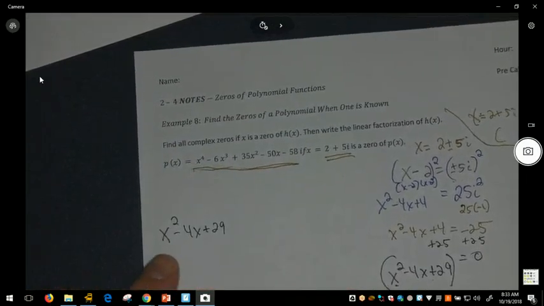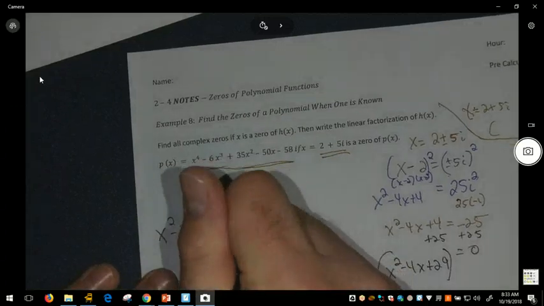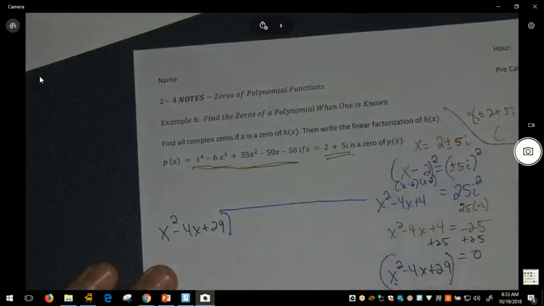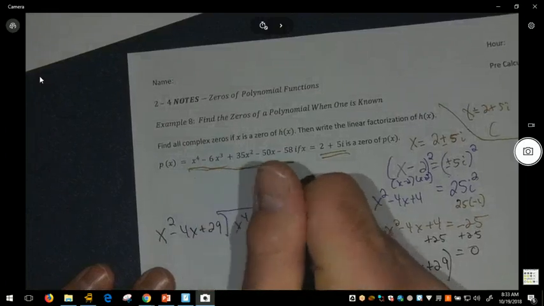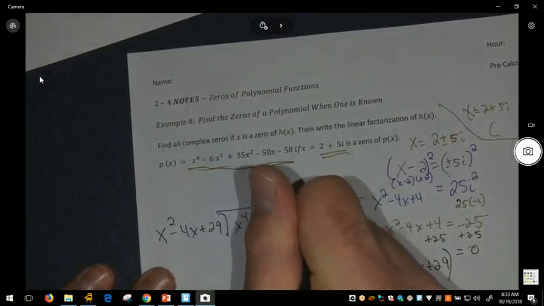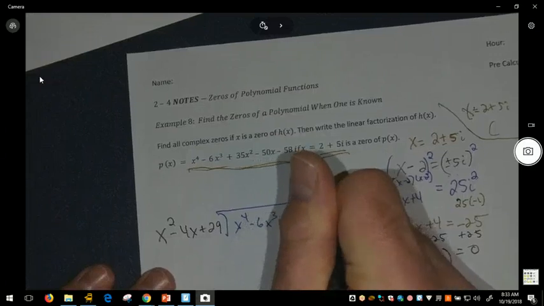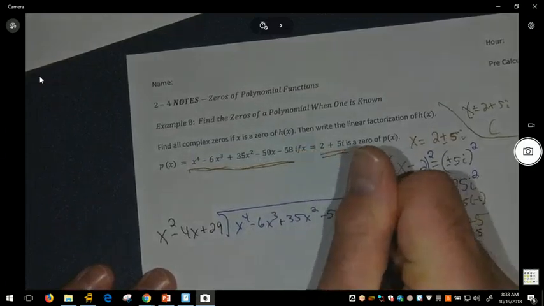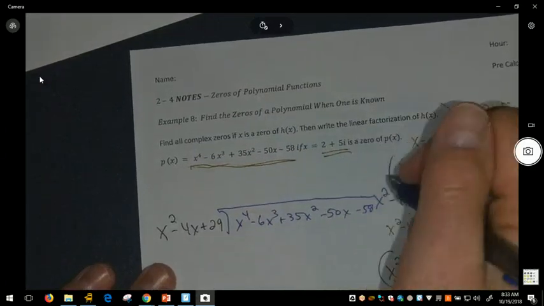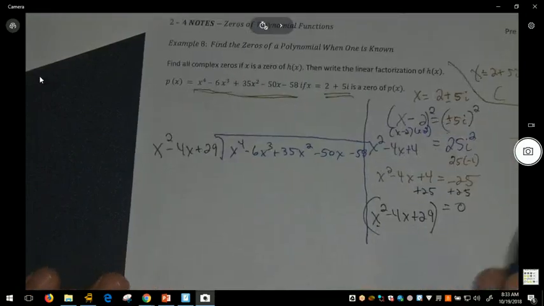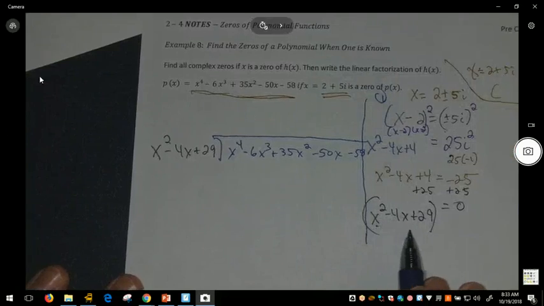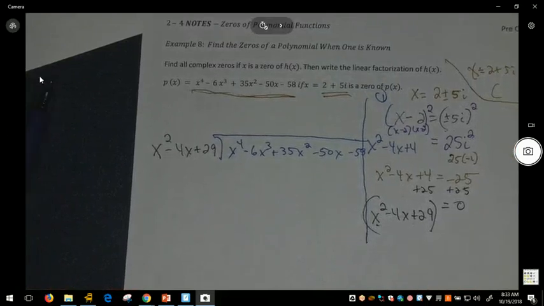But I know that this should go in evenly, giving me a remainder of 0, assuming that I built this equation correctly. So I'm going to make sure I don't have any missing terms, and I don't, so now I'm just going to copy down the equation and make sure that I can do the long division. So this first part right here, this was our first step, building the irreducible factor that we can now divide